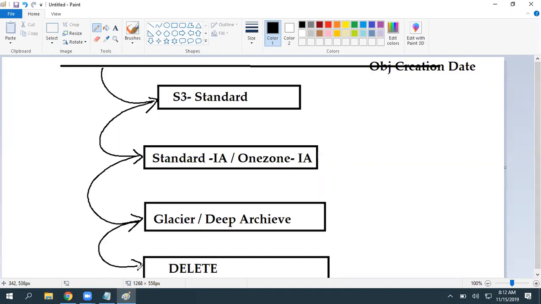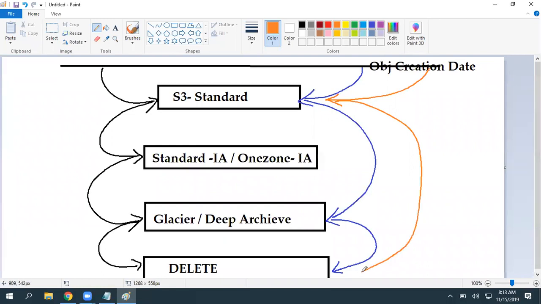This is the first scenario. We may not want to go with this. Again, I get all data into S3 Standard. I really don't want to use infrequent access. I'm going to access it for a couple of days, then I want to move it to Glacier. At some point, we can trigger a delete. Again, I may not want to go with that option either. So whatever data I have in S3 Standard, I want to directly delete at some point of time.